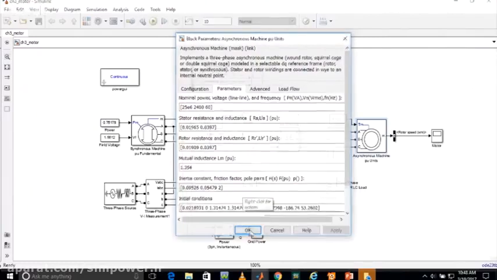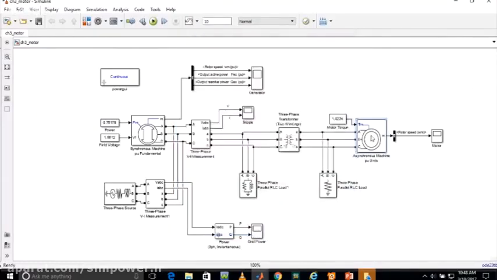As you will see, this machine requires 25 megawatt. This R load provides 25 megawatt. This RLC load needs 40 megawatt and 15 MVAR reactive power. All these values should be provided by